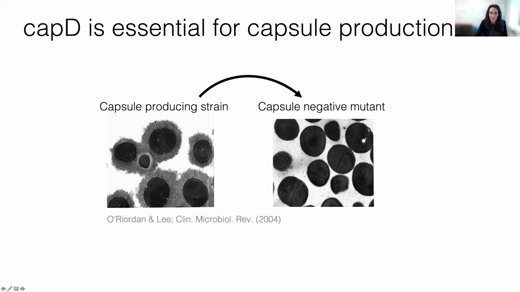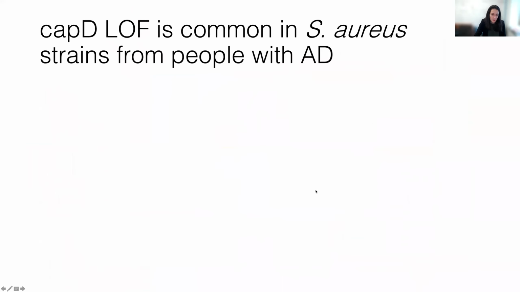As capsule loss. For some reason, on these individuals with atopic dermatitis, they're rapidly losing their capsule, and losing this protective coating is for some reason giving them a survival advantage. We're still trying to figure that out. Okay, so with that,